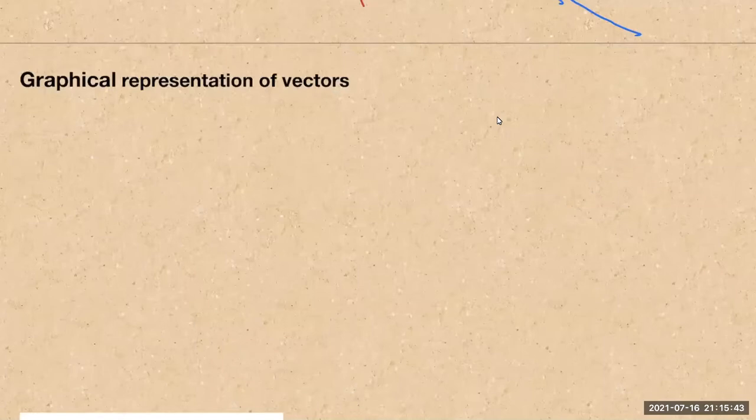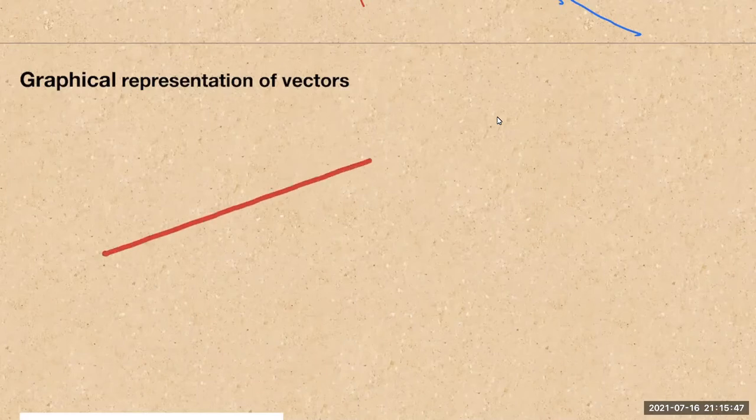Right? And so now I'm going to draw an arrow. So here's a vector, and this arrow indicates the direction of the vector. And I can also indicate the magnitude of the vector by the length of the arrow that I draw. I can, for example, go from this point to that point, and let's say